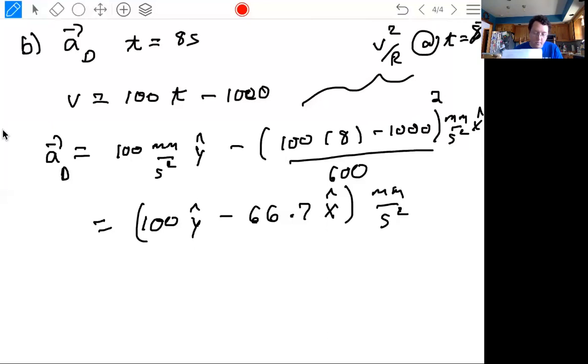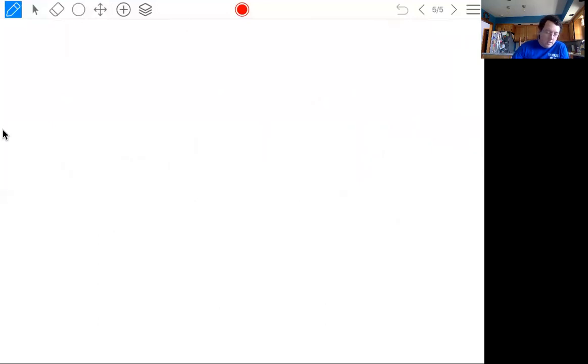Finally, we want to find the number of revolutions. There are lots of ways you can find it. The way I went about it was I first found alpha, then I found omega as a function of time, and I found the initial omega, and I integrated to find delta theta. The other way you could do it would be to just find the change in height of the